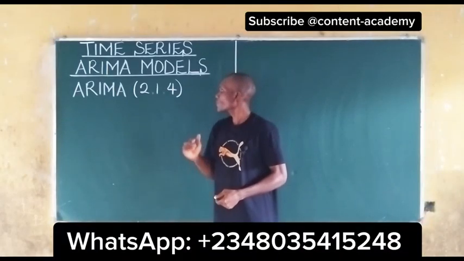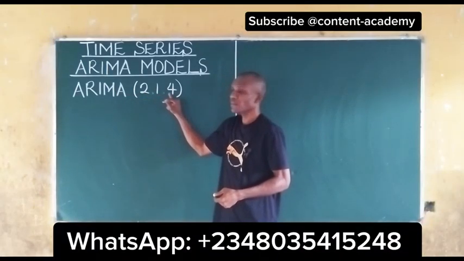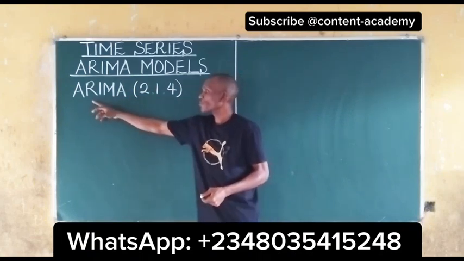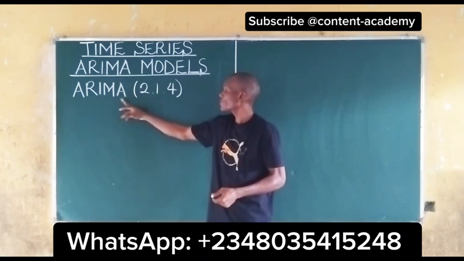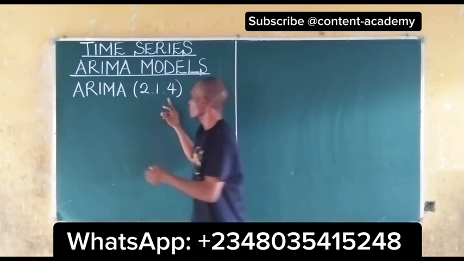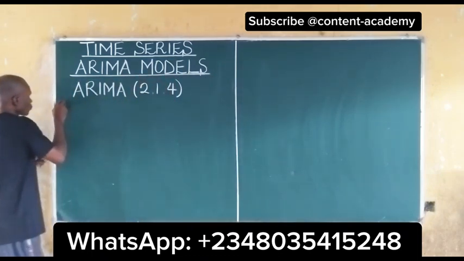In this video, we are to compute ARIMA(2,1,4), that means autoregressive integrated moving average of order (2,1,4). Of course, we should recall